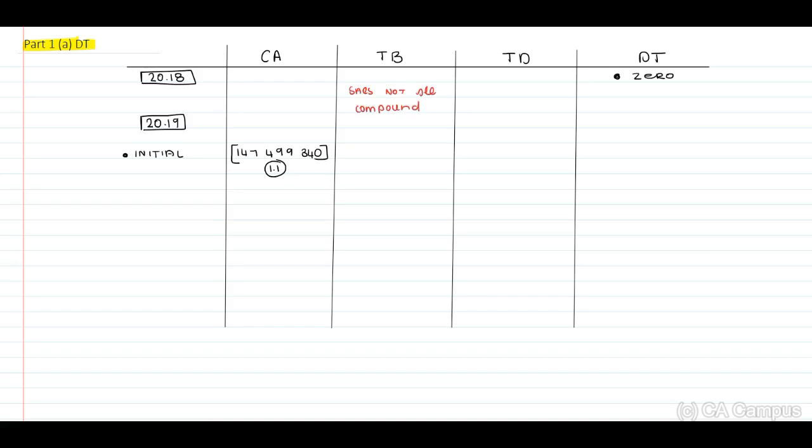SARS does not see this as a compound financial instrument. We recognize a compound financial instrument for accounting purposes only. Therefore, according to SARS, BB still has to repay the total 150 million. Therefore, carrying amount minus the tax base. Remember, a minus minus a minus becomes a positive. Therefore, this will be